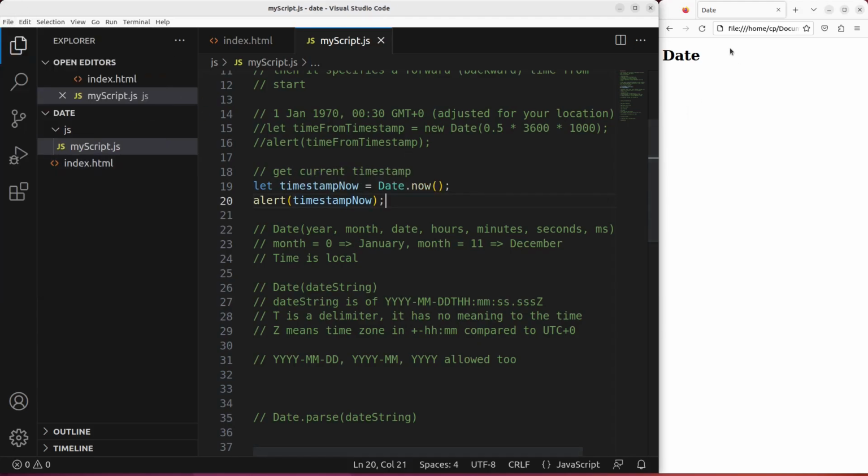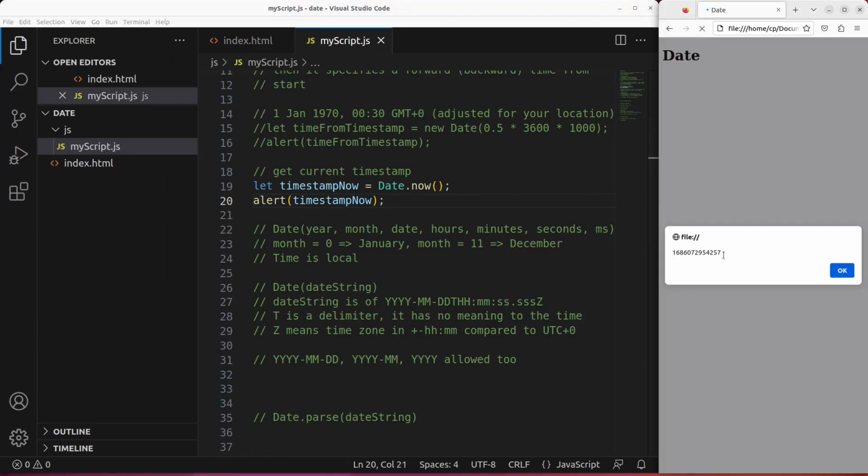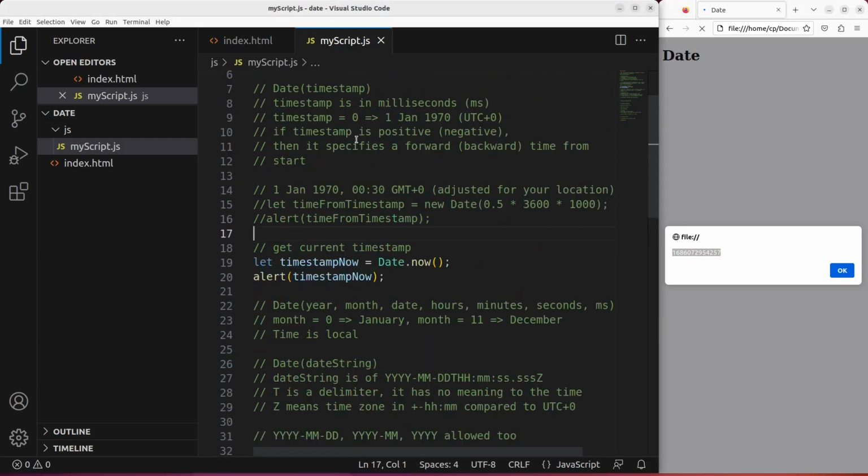Save. Reload. Yes, you can see we have such a big number which represents my current time. Okay, so it should be around this the 7th of June 2023, possibly 1:30. So this value represents the number of milliseconds passed starting from the origin of the timestamp, which is this time value. Okay,